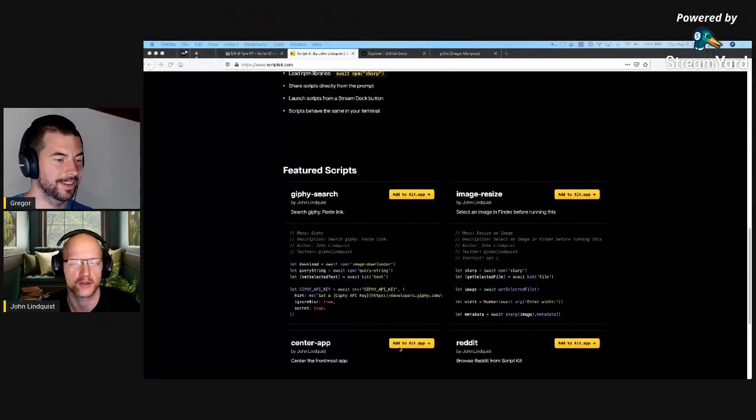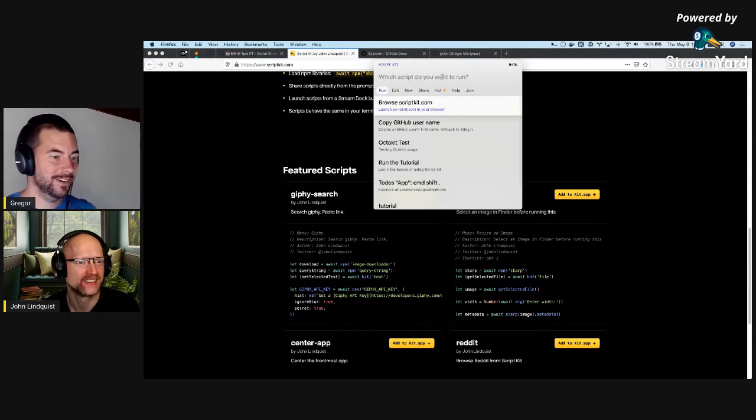So this is basically the user interface of ScriptKit, this small overlay where I can see my currently existing scripts. I can't see your screen from my view. That's because I didn't share it. Okay. Oh man, you see, I'm such a noob. Okay, let's try this again. So here is the UI